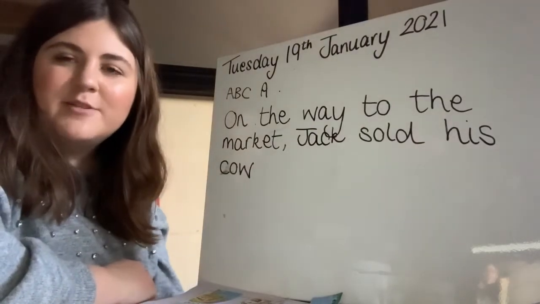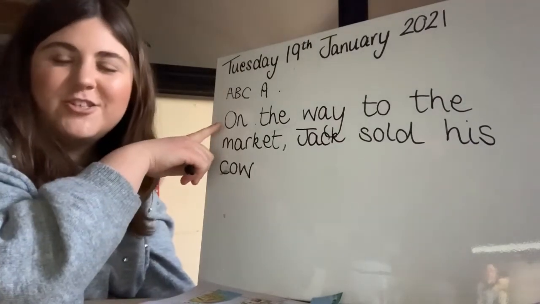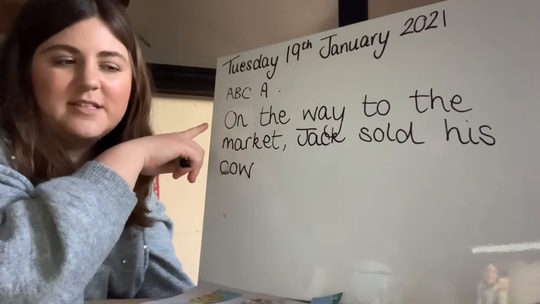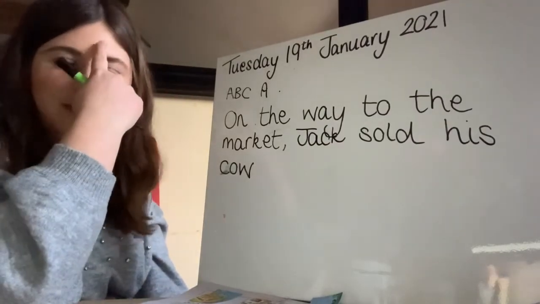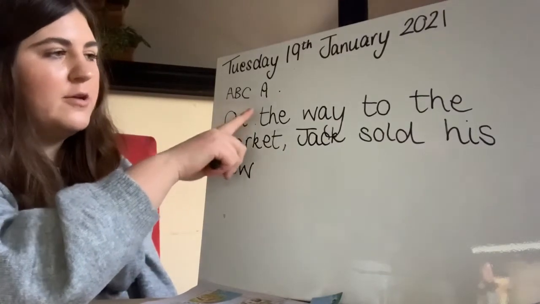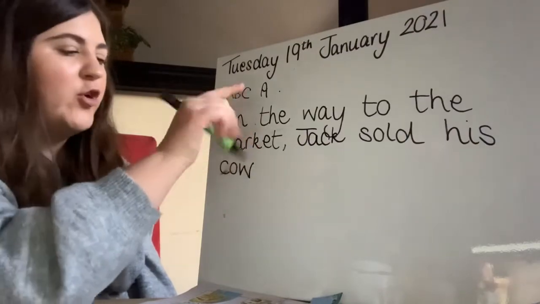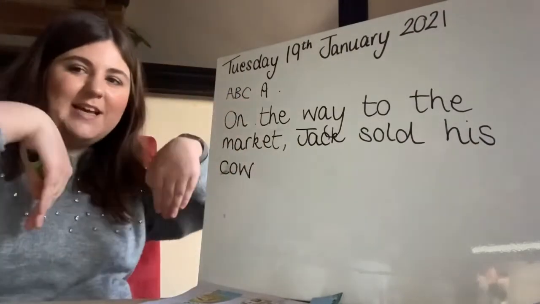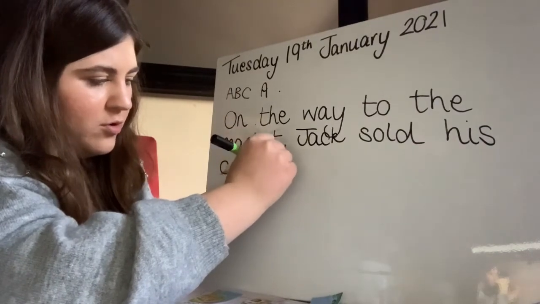Can you notice what I'm doing as I'm writing my sentence? I'm going back to the beginning just to check what my next word is. Or I can even do it on my fingers as well, just to remind myself of where I'm up to in my sentence. On the way to the market, Jack sold his cow for. Got a word, so I need a space. For